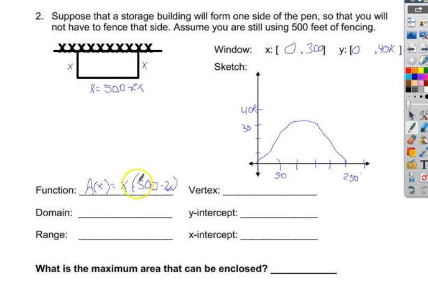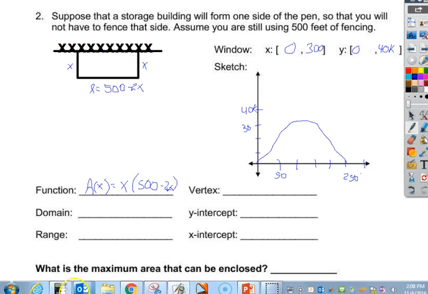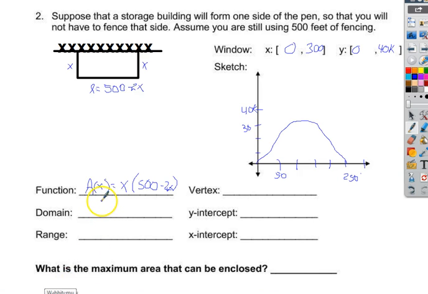All right. Now that we have our equation, we entered it in. We're going to determine what the domain of our function is. Well, that hasn't changed. We still have from 0 to 250. That did not change on the x-axis. The y-axis is the one that changed. So we have to figure out what our